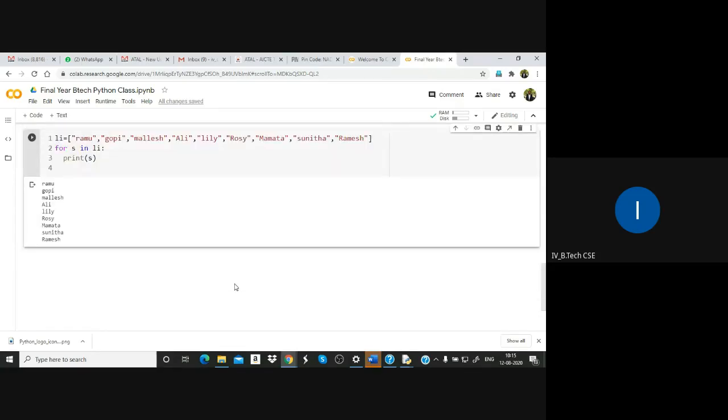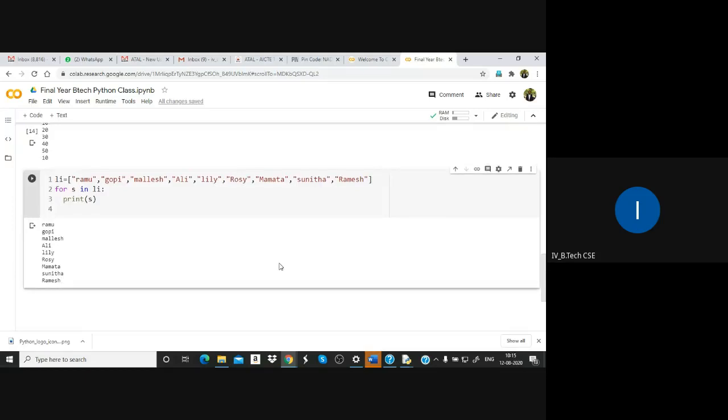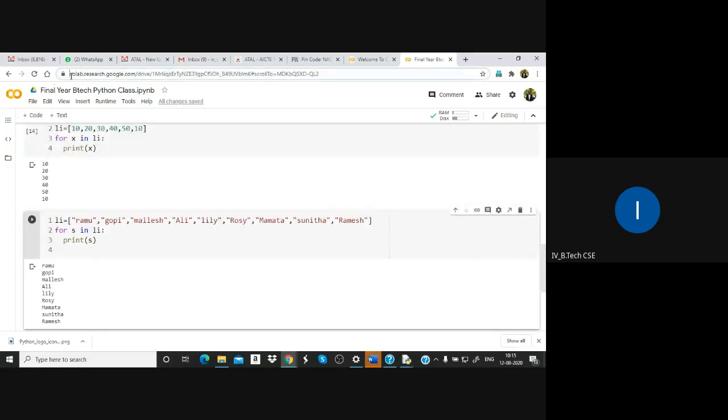Please make a note that in Python we have around 33 keywords. That we will discuss tomorrow. So this is briefly what we discussed today. Today I discussed about Google Colab. I introduced Colab, colab.research.google.com.